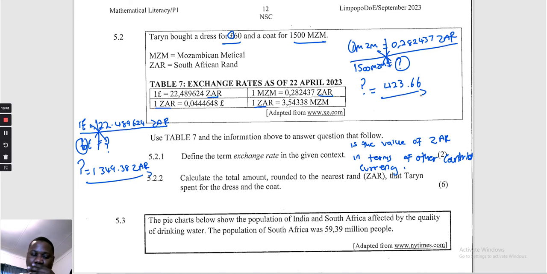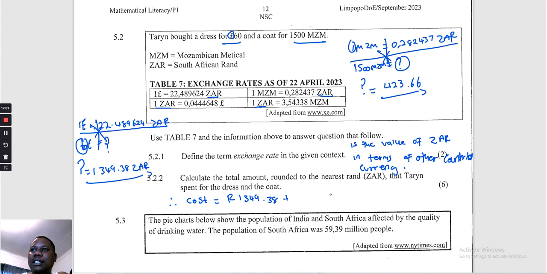423.66. Before I round to 2 decimal places, it was 65555, so I'm just changing this one to 6. Therefore, what is going to be our answer now? Therefore, the cost is equal to, now I'm going to write them like this: